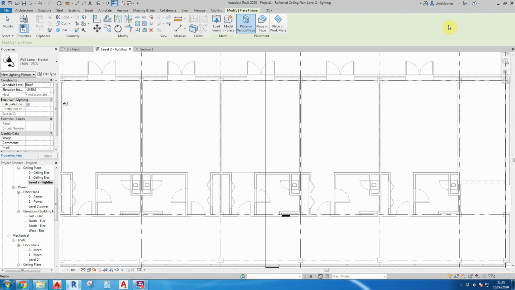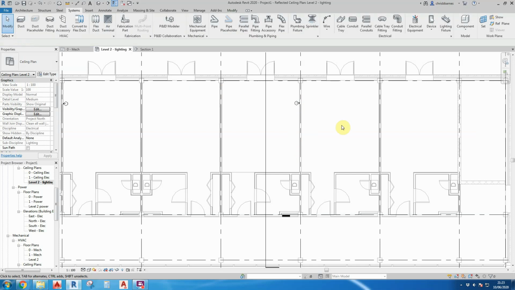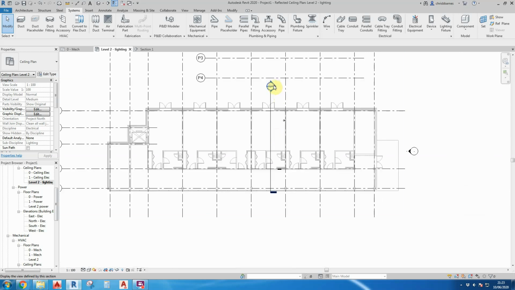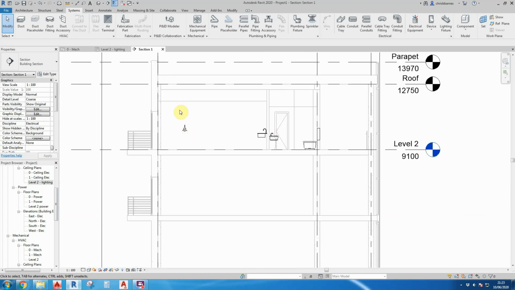So I'm going to choose a light fitting, and we've got a wall lamp here that we wish to place over on this side here. Now if we put this in place, you can see it there, but as I've shown you in a different video, ways of looking at it from a section view and positioning it because it was out of alignment,